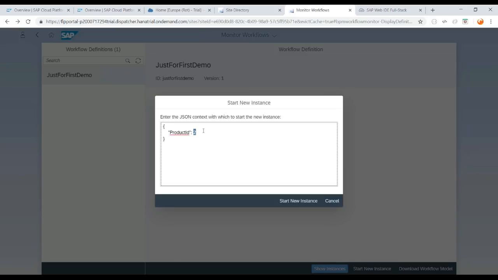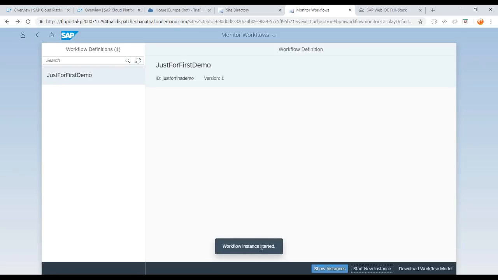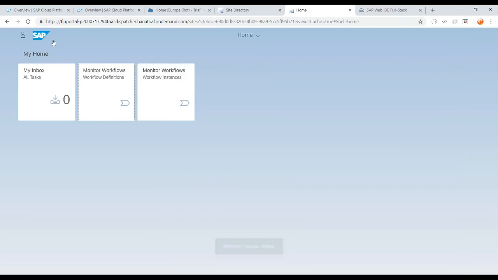You can change the product ID. I want to load product data for product 3. Say start a new instance. You can see workflow instance started. You can just go back to home page, go to monitor workflow instances,